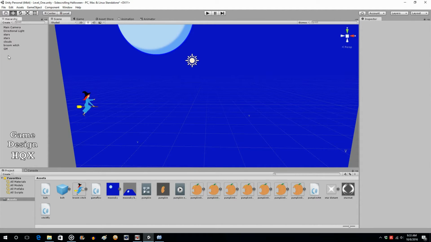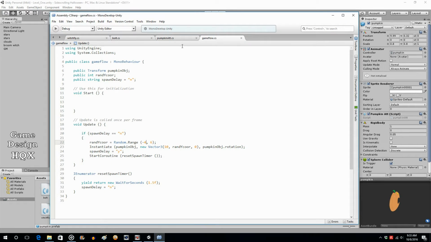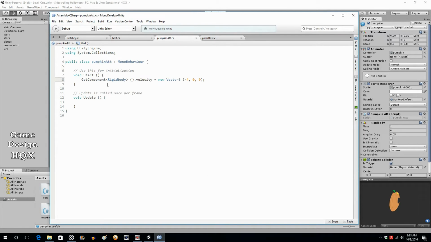Okay, so now what we need is the code that actually detects that. So a script needs to be attached to the objects involved with the collision. So we already have a script attached to our pumpkin. It's the pumpkin attack script. So that name is going to become a little bit more inaccurate because it's going to handle more than just pumpkin attack. So that script is already open. And right now all it does is apply velocity. What we want to do